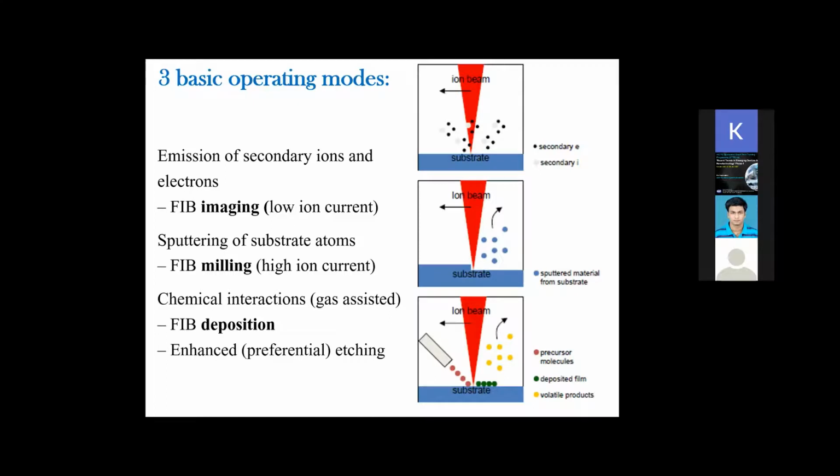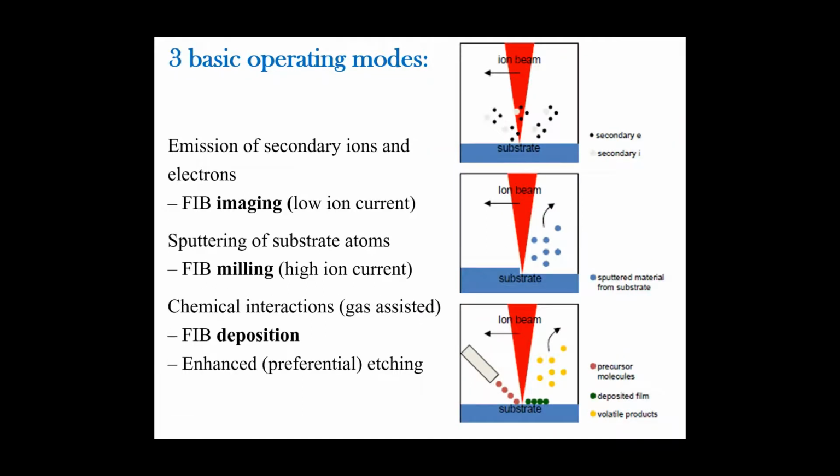Now, as I have told, there are three main operations that can be done with an ion beam. One is milling or etching. One is deposition, and another is just imaging. Imaging has to be done with very low current. Otherwise, if you use high current for imaging, it will sputter out the material. So instead of having an image of the material, you will suddenly see your material has gone from your substrate. You have to use a bit higher ion current for the ion milling part.